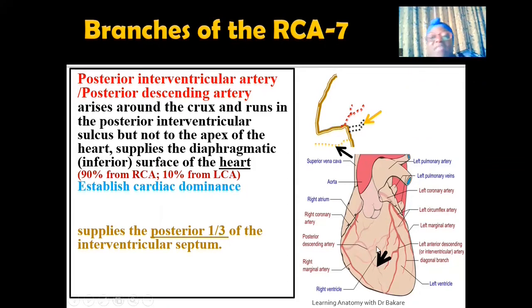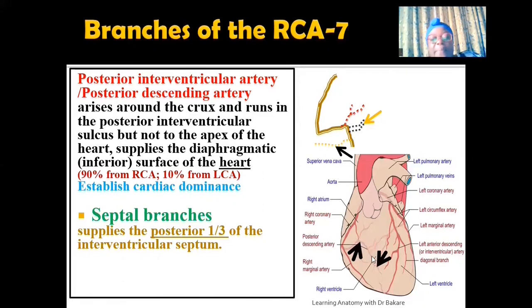So if it emerges from the right coronary artery, just as what is presented in this lecture, it is going to be right dominance. But if it emerges the other way around, that is, emerging from the left coronary artery, it is going to be left cardiac dominance. So just for us to know. But normally, what is commonly seen is for the posterior interventricular artery or the posterior descending artery to emerge from the right coronary artery. So this is where it begins from, this region that is arrowed,